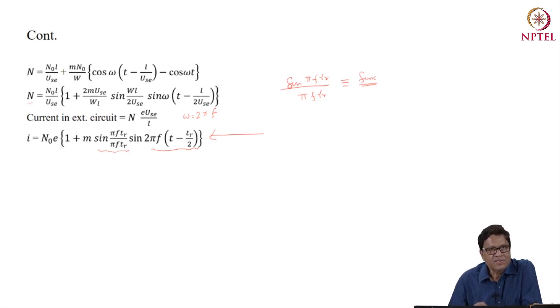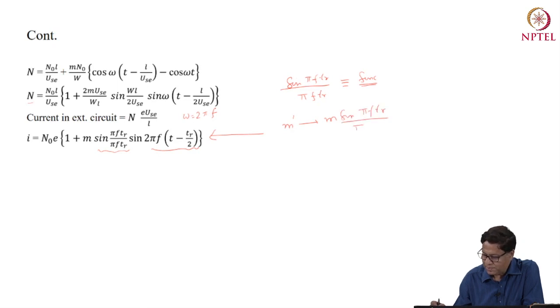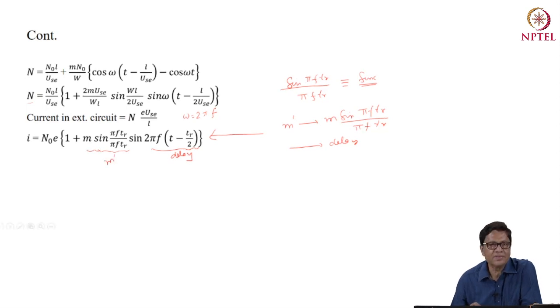So the resultant current which is generated follows the modulation index, which is modified from say m to m dash, and it has become m sine pi f tr divided by pi f tr. And the second thing, it has introduced some delay. This term basically is the delay part, and this is your modified modulation index. And if I plot this, this is the modulation index m dash, rather, it will be a sinc function,